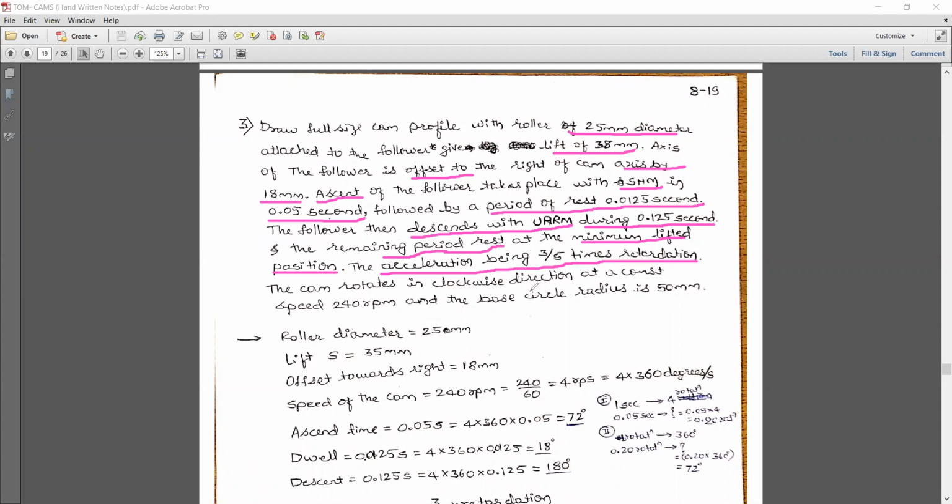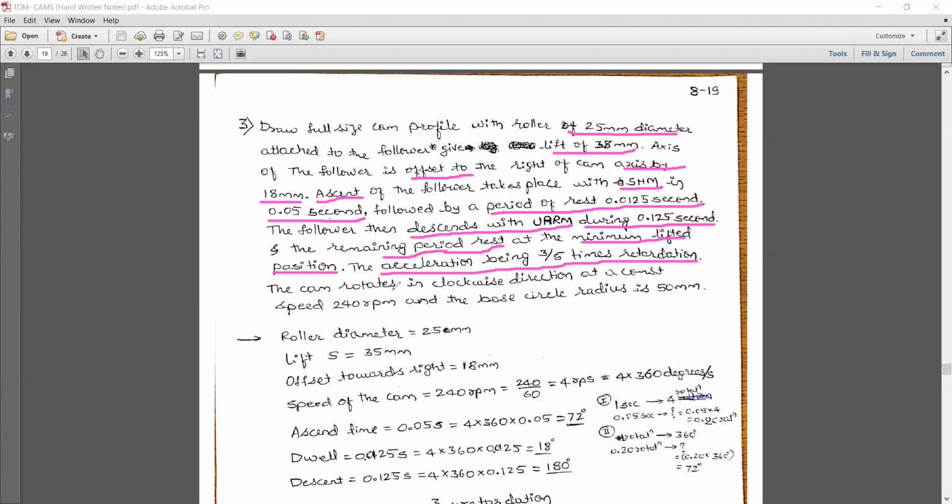So what happens? The cam will rotate very fast, and when it is coming down, it is initially accelerated, and then when it wants to come to rest, slowly and gradually it will stop by decelerating. So here in this last part, the follower accelerates at a particular point, and then slowly decelerates, and then it will come to the next period of rest. That is the last part.